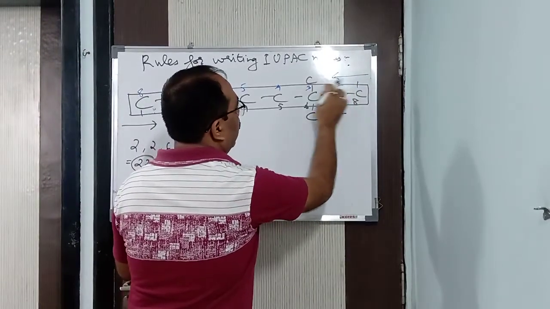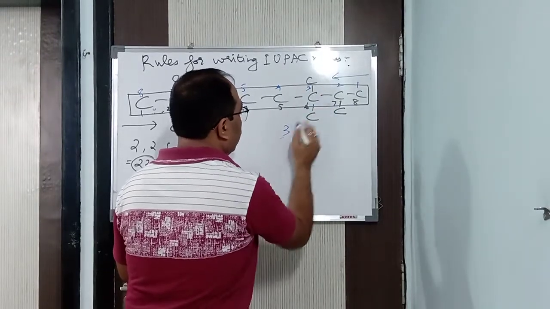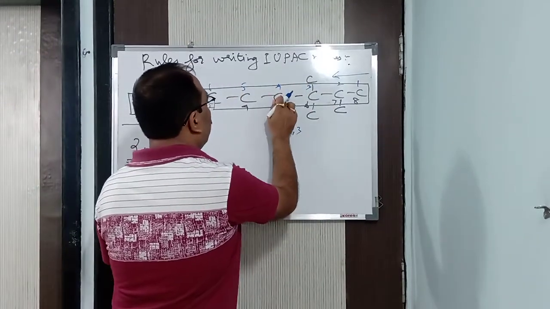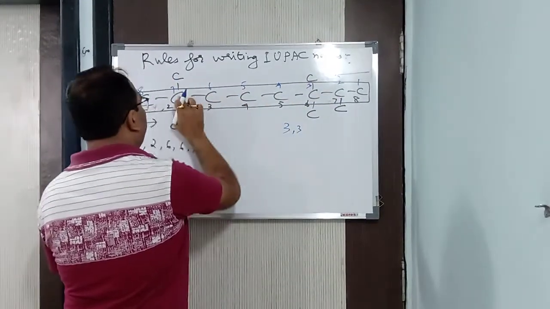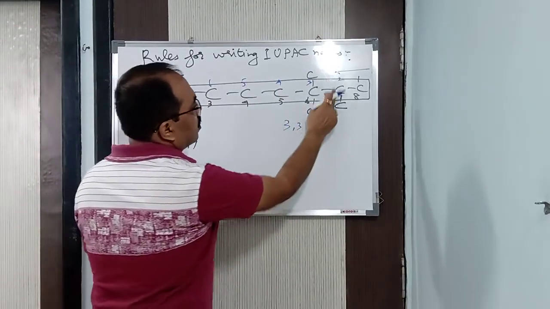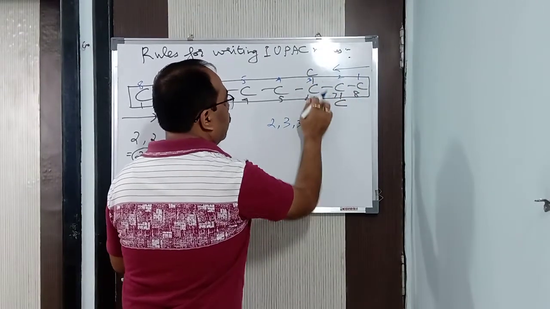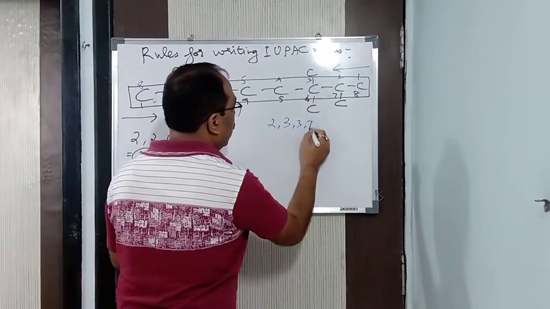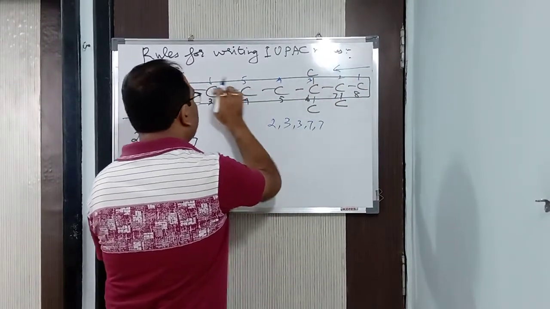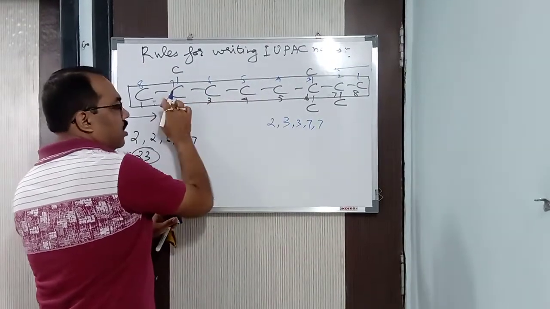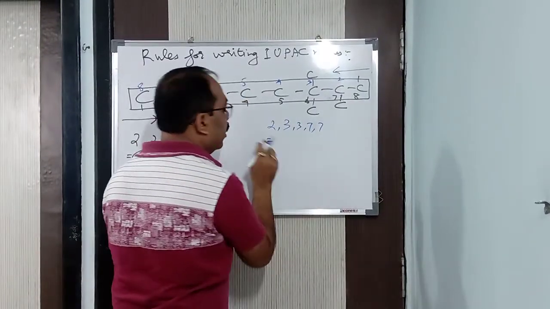Now, blue starts from 1, 2, 3. Only the blue, the upper one you will see. Acha, second position one I have missed. Sorry. In the second position one branch is there. Third position 2 branches there. And 7th position 2 branches there. See, once again I am doing it. Second position 1 branch. Third position 2 branches. 4th, 5th, 6th, 7th position again 2 branches. Only the blue you see. So what we got? 2, 3, 7. Fine.